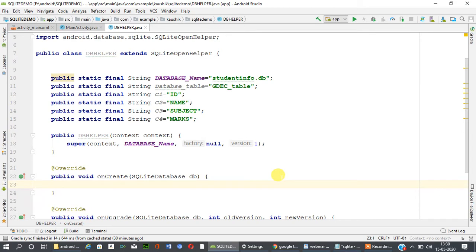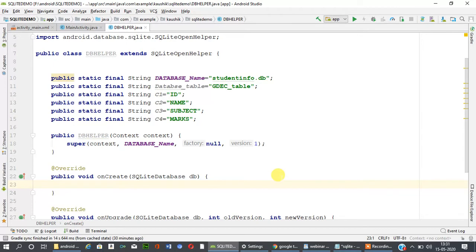It is a text file, the extension of this file is DB, and the most important feature is that there is no need of any server because it is a local database. So there is no need for any JDBC or ODBC connection. And to work with the database, we have to use the SQLiteOpenHelper class.